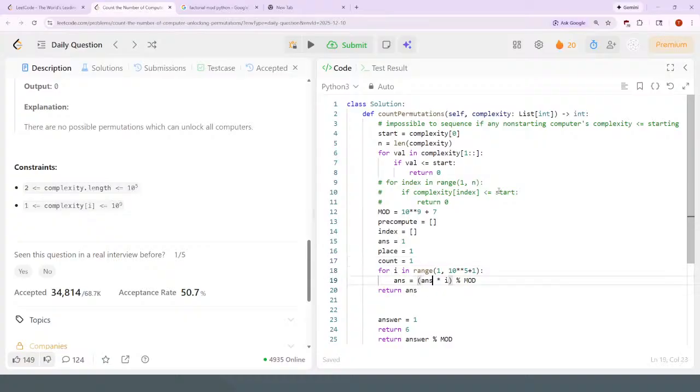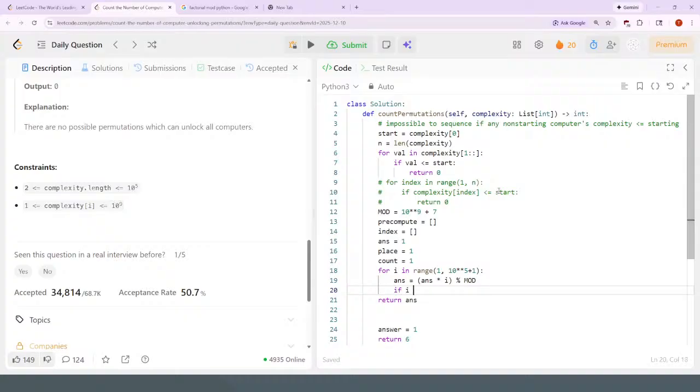Okay, so I can say here, answer, what is the logic here? If the answer mod the place is equal to 1, so the place value is 10 and the answer is 20. No, if the index I